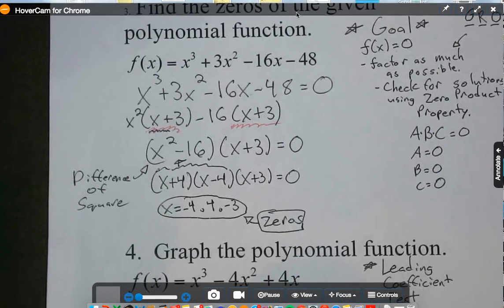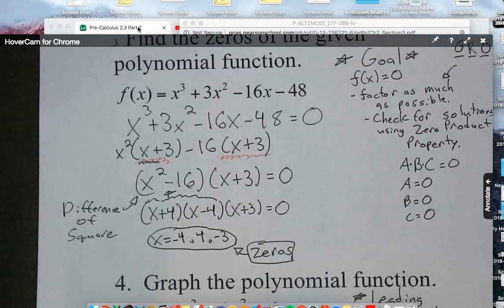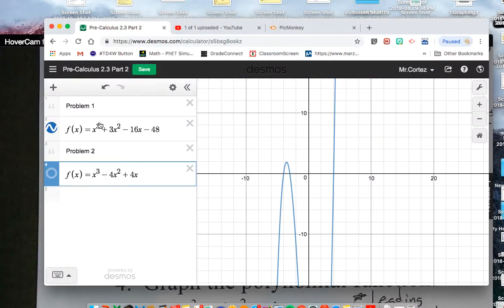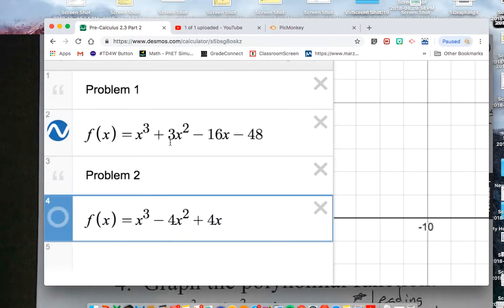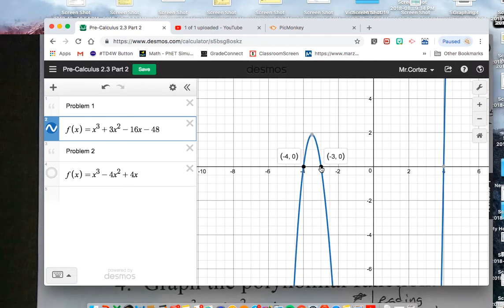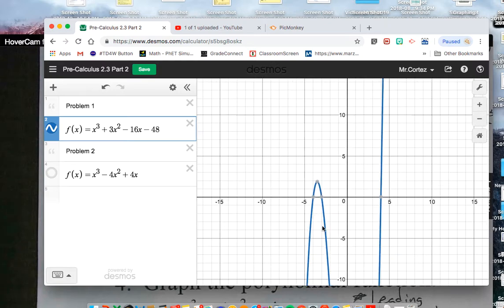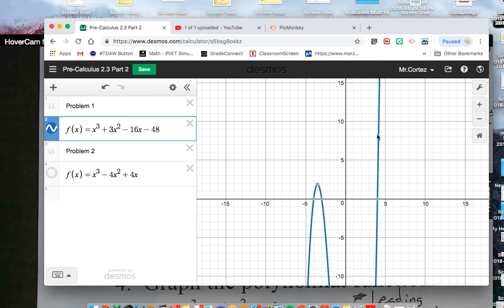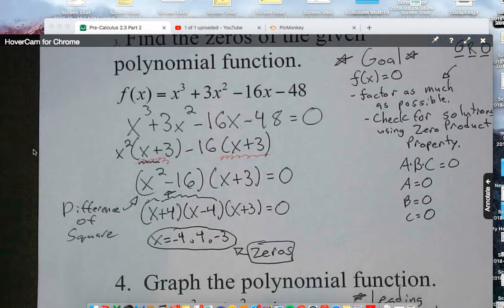If you're not convinced, you can try to graph these out, and we'll do just that. We see that when we graph out this function, x cubed plus 3x squared minus 16x minus 48, we have zeros just where we expected. Negative 4, negative 3, positive 4, we're done. That's all that was asked with the problem. We also see the end behavior has this falling to the left but rising to the right, and we'll see that come back again in the next section, next problem,